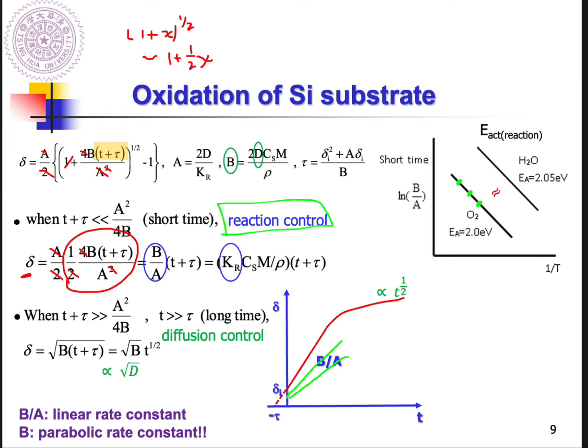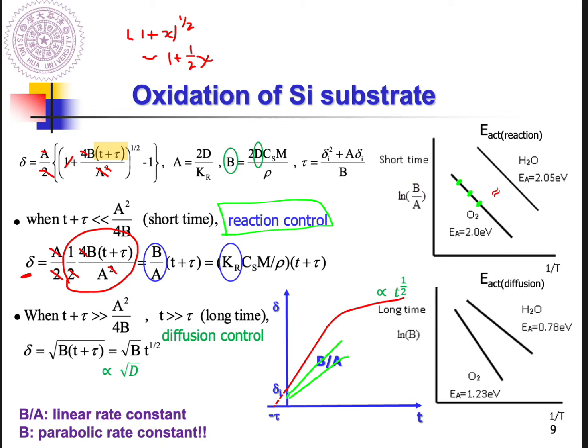So you need to break a silicon bond. That tells you the energy is similar. Yes, it's similar. The energy barrier is similar because of reaction control. In order to allow the silicon substrate to become an oxide layer, first of all, you need to break the silicon bond, so the energy is similar. But for a longer time period,